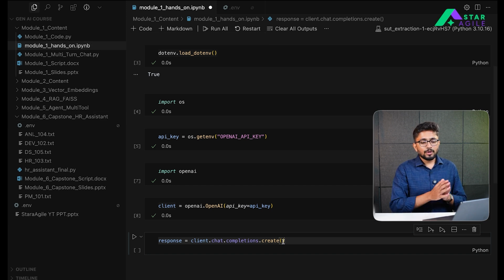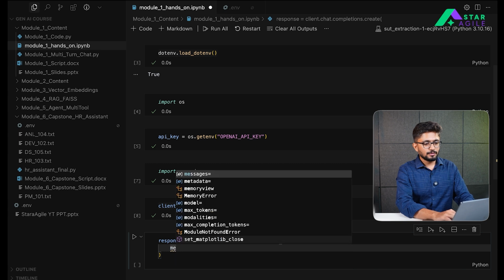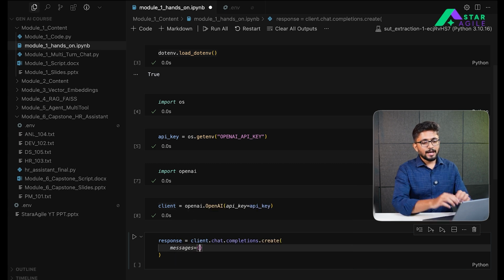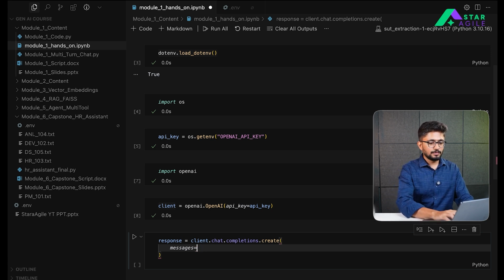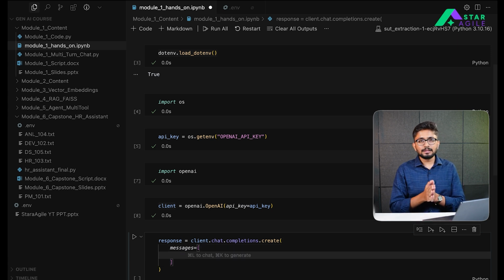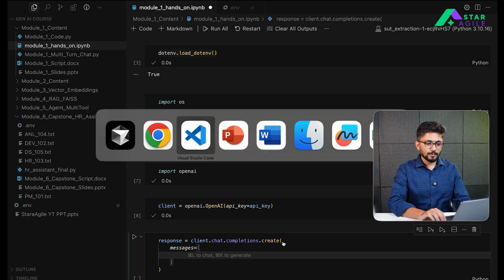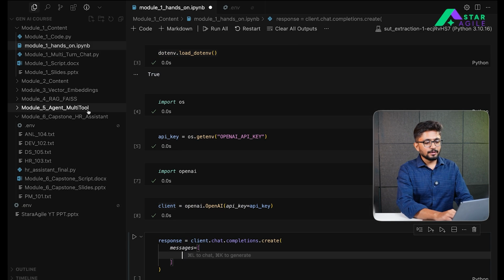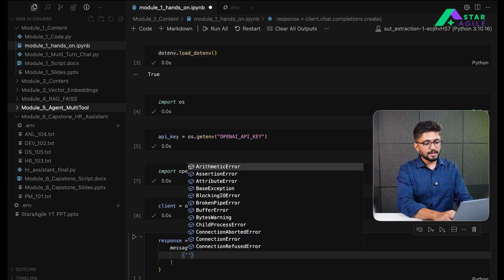Since we want to create a set of messages, I'll call the messages attribute. Messages here is basically a list that contains a series of the interactions that are happening between the model and the user. Over here we need to define the messages in a certain order. I'll explain this after writing the syntax first. So let's say we mention that this is a,